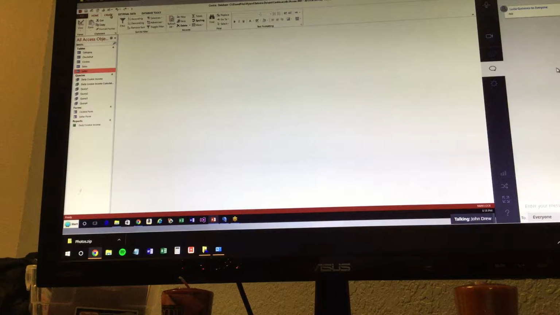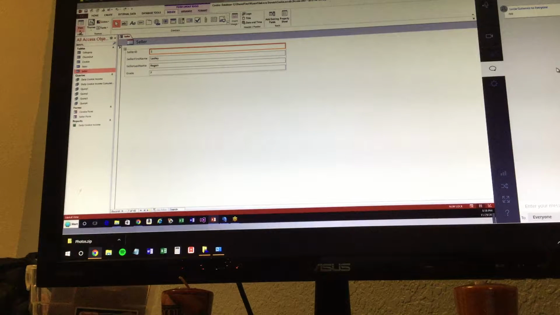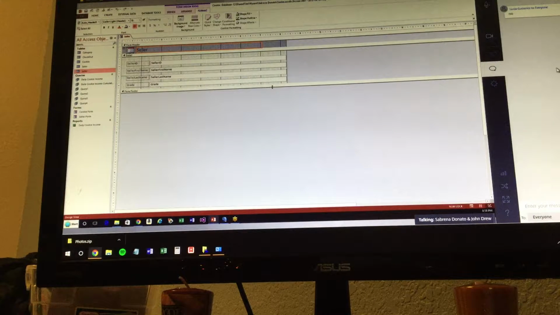Start with the seller, go to create form. Okay, so this should look pretty familiar. Okay, this is what we did before. Now I'm going to go into the design view, and what I'm going to do, I won't waste the time